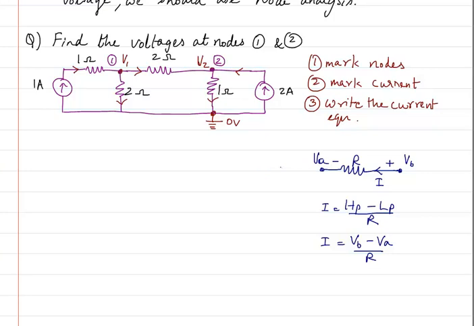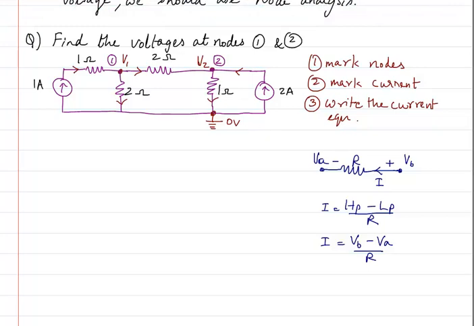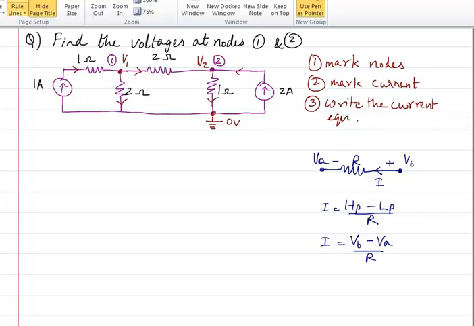So you have to be always careful that whenever you are going to consider only one branch element at a time. Don't consider other branch elements. So this is positive or negative decided based on what is the current direction. Okay. So this is how we write the equation of current. The fourth step is, so you will be asking now where we are going to write this. We are not going to write it anywhere. We are just going to say that write the current equation.